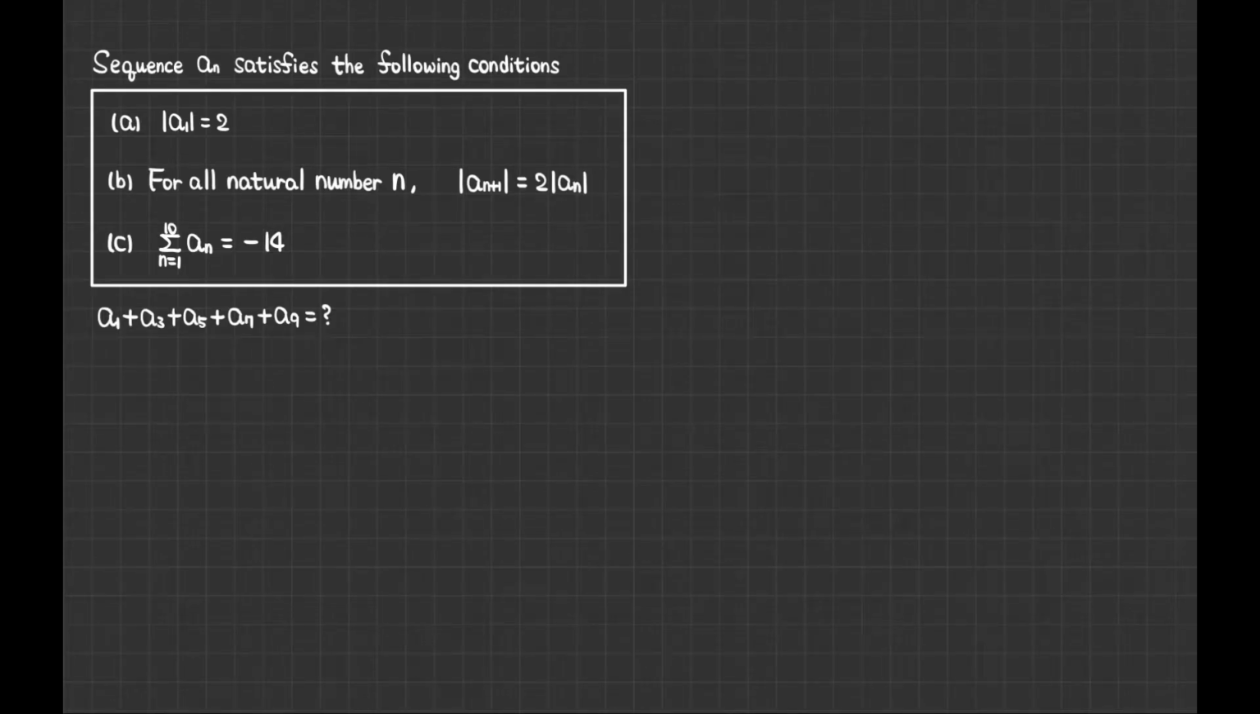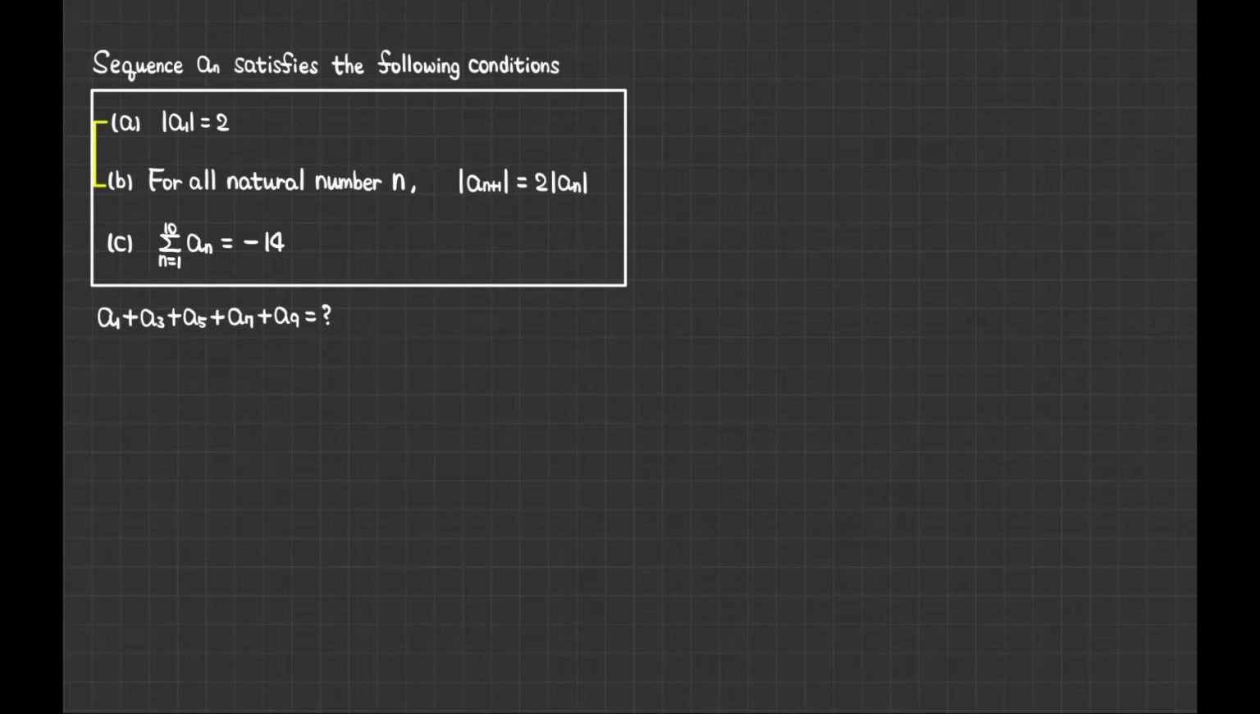Sequence an satisfies the following conditions. The A condition is the absolute value of a1 is equal to 2. And the B condition says for all natural number n, abs of a(n+1) is equal to 2 times the abs of an. So if you look at these two conditions, they're giving the recurrence and the initial term